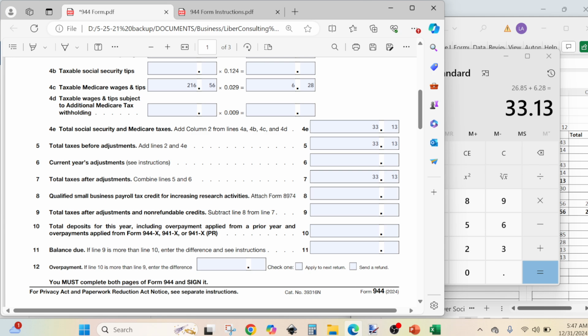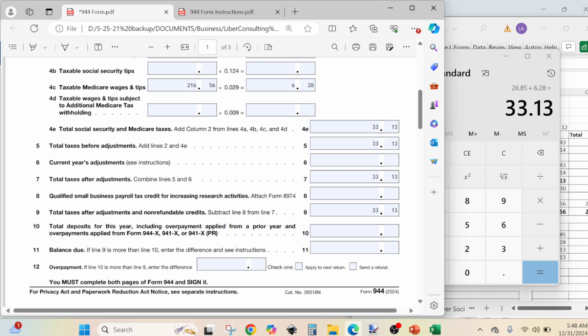We are going to leave it blank. So line 9, total tax after adjustment and non-refundable credits, you subtract line 8 from line 7, and that will be line 9, and in this case it is going to be 13. Because there is this credit, pretty much decrease your tax, your payroll tax. But okay, so